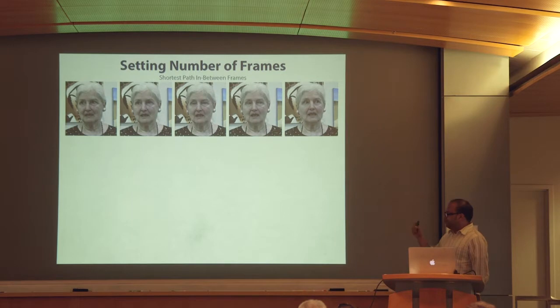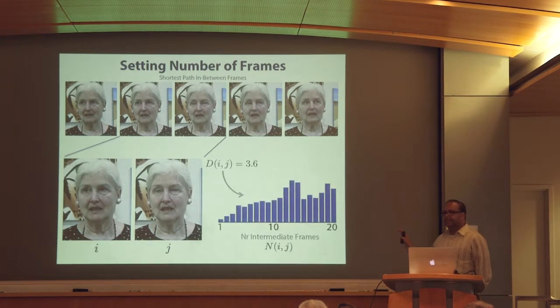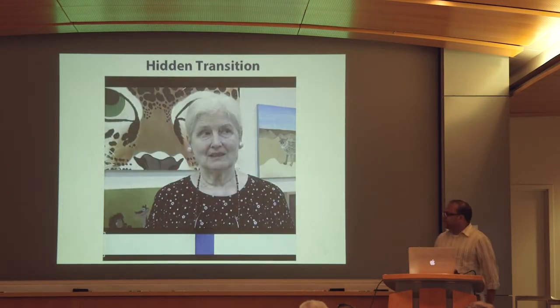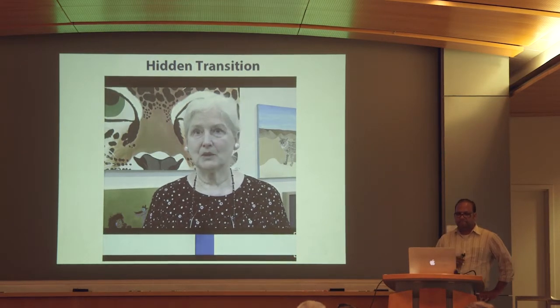Then for adjacent frames on our shortest path, we compute the frame distance between them and look up the corresponding row in the histogram. And then we set n to the bin containing the maximum value. All right? So we're using the data that we have in all of the raw footage to figure out the in-between frames and also the number of additional interpolated frames we should add. And here's the resulting transition. A public space that is rendered out.